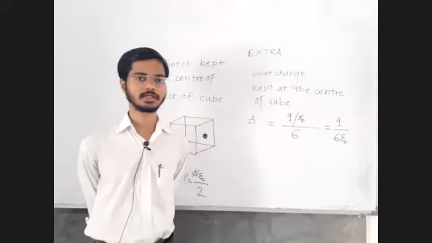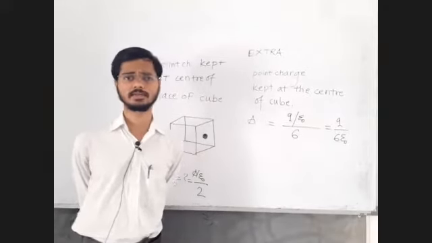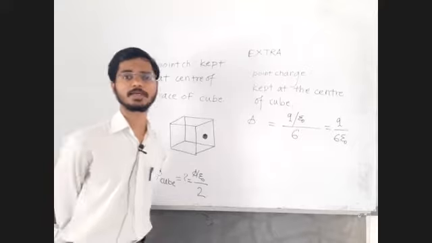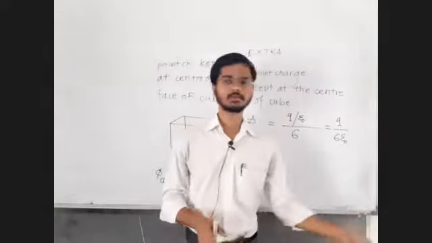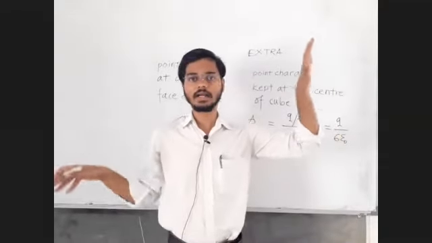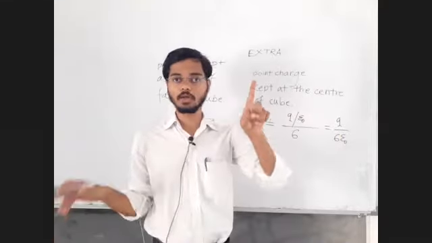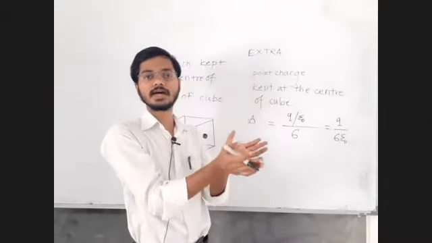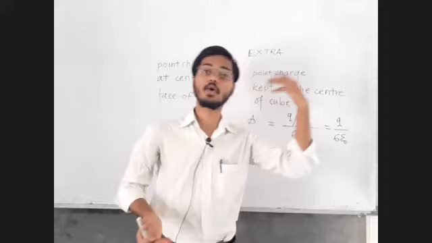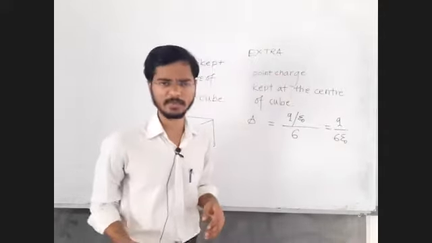Everyone shall answer. If the charge is placed on the surface, there are 6 walls of this room. Okay, 6 walls of this room, and at the center of one of the walls, not at the center of the cube, at the center of one of the walls, I put one sphere. How much sphere will be inside and how much sphere will be outside the room? Everyone shall reply fast.